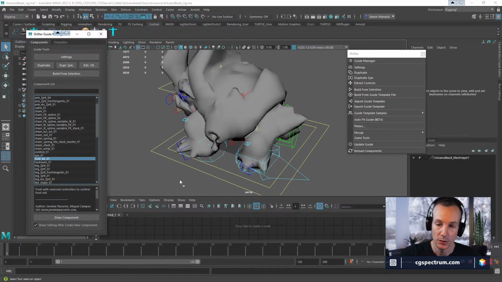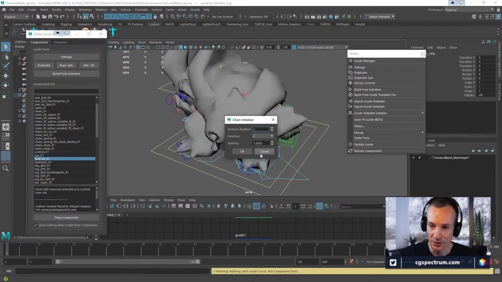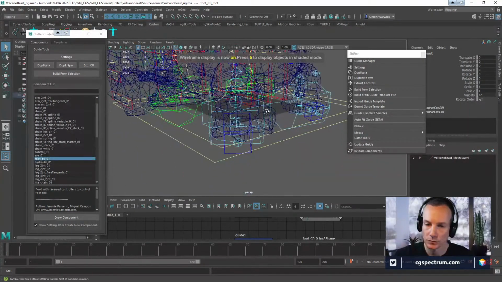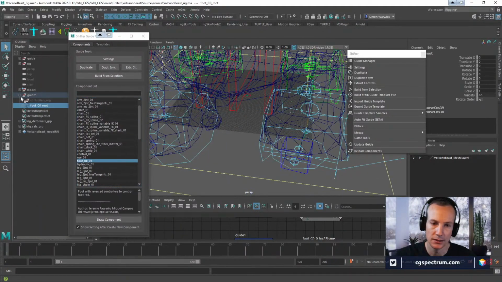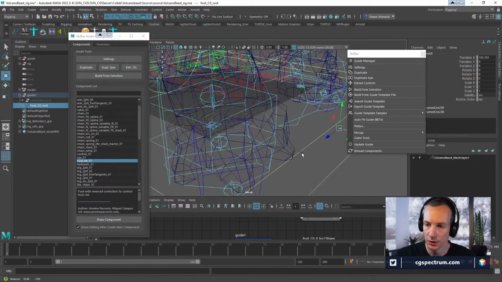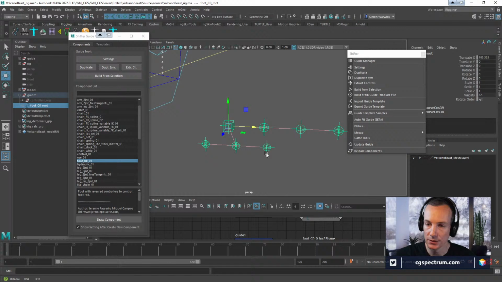And when you drag these things in, oh, when you double click on it, I'm like, wait, I haven't actually done this yet. I thought he was dragging them in. Sections, spacing, okay. I should be getting these foot controls. Yeah, here they are. They're really tiny though. But basically, you have the components that you need to be able to build that foot